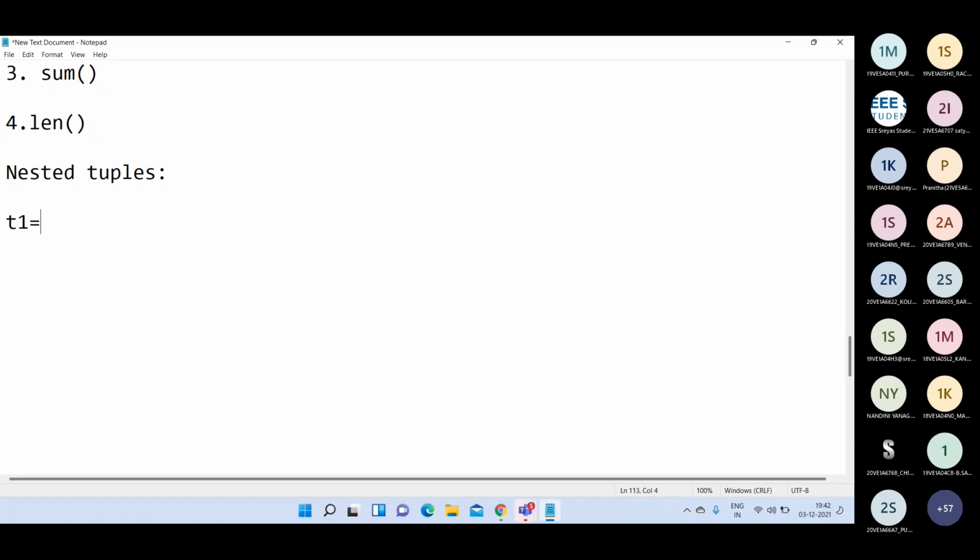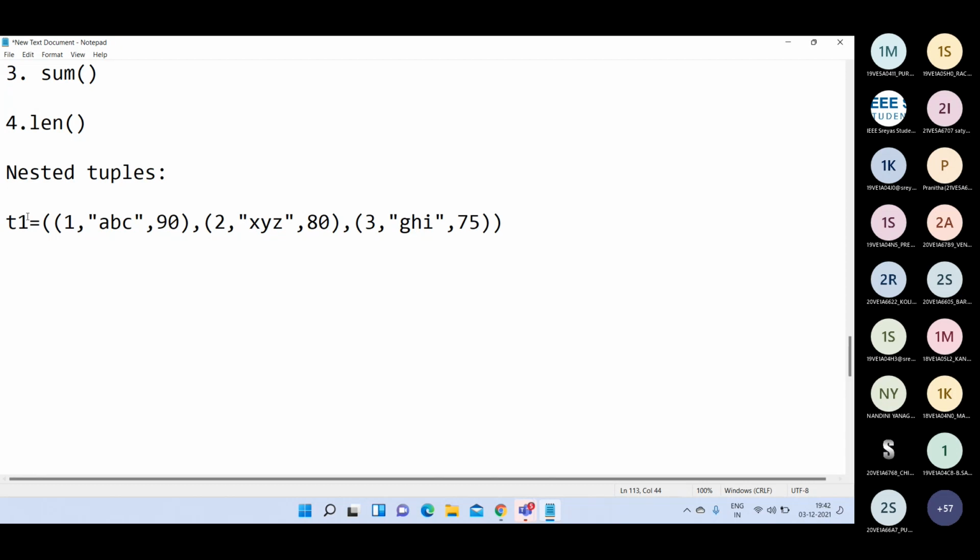So we can write like this. T1 is equal to some tuple. We can write 1, some ABC, and some 90. And we can have one more tuple: 2 and XYZ and some 80. And the third tuple: 3 and GHI and 75.